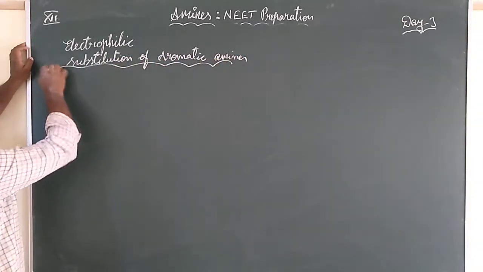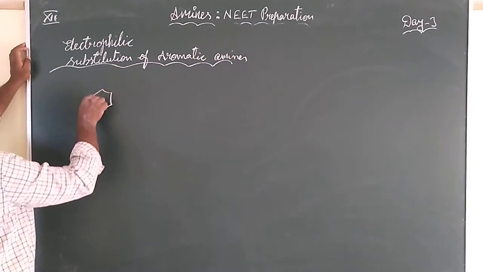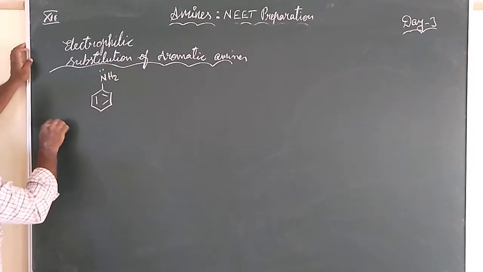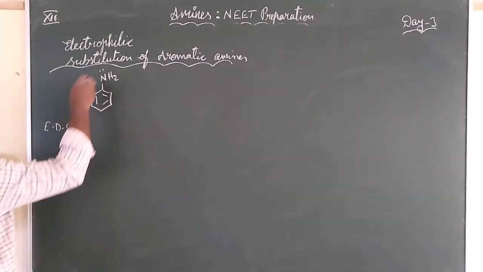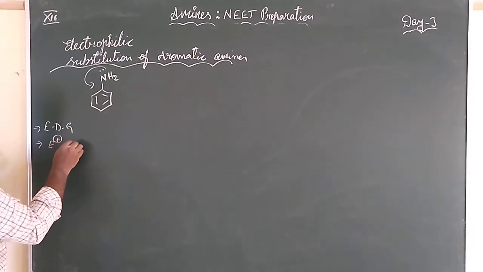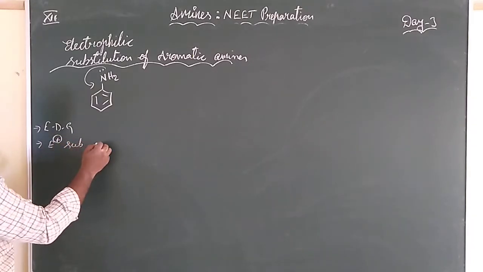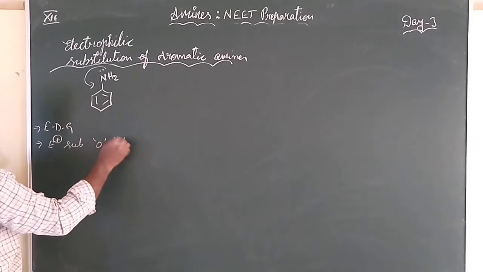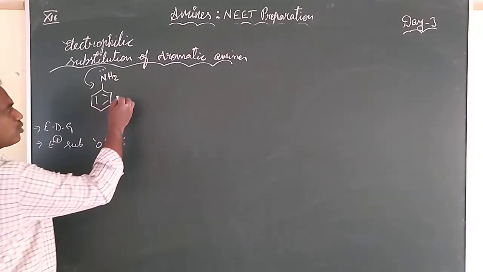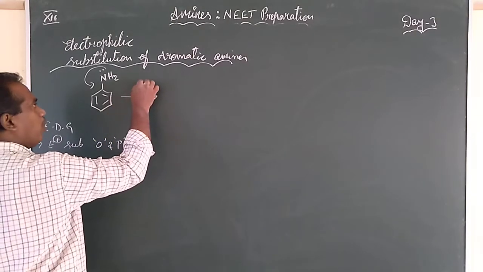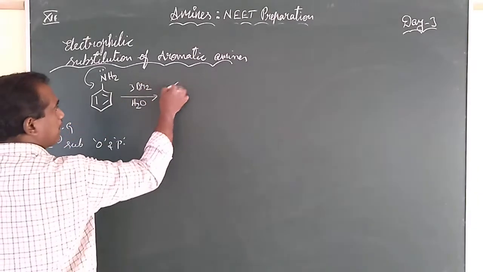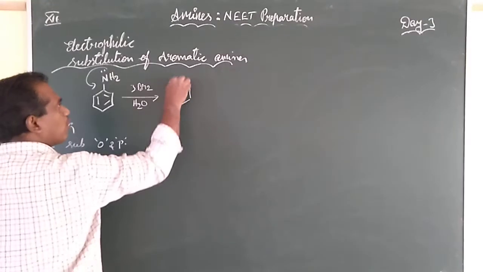Generally this aromatic amine, aniline, is having NH2. NH2 is an electron donating group, meaning electrons will be given to the ring. Hence, electrophilic substitution reaction takes place at ortho and para positions. Where does the electrophilic substitution take place? Ortho and the para positions. So initially we are reacting this with bromine water. Wherever you get bromine water, blindly you give the product called